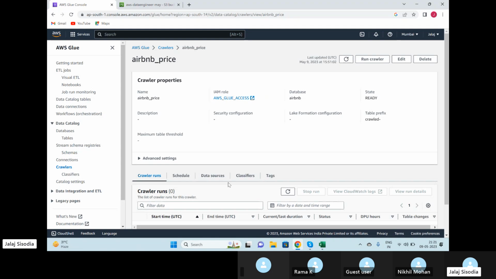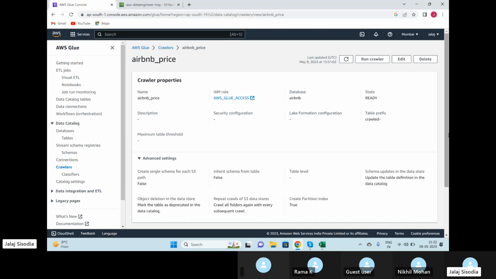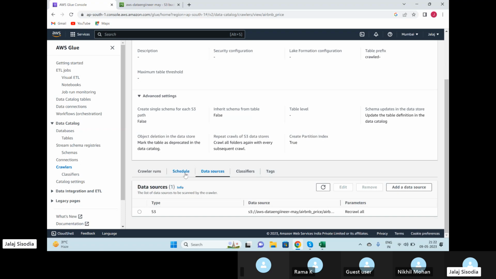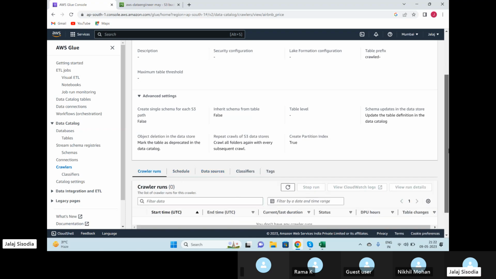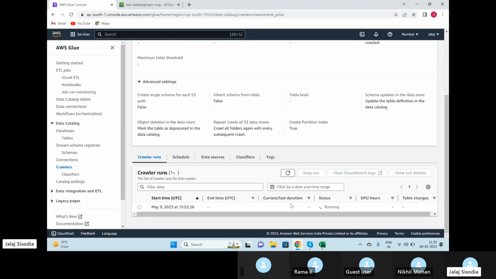So it is actually created. If I refresh this, you can see the crawler is created. If you see its data sources, it also shows advanced settings. No schedule. So maybe I'll just run this. You can just click on run crawler. If I just execute this,